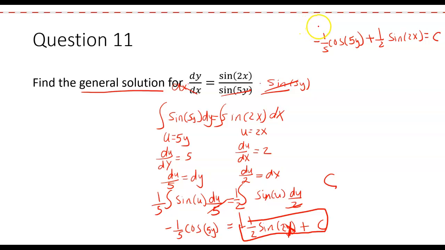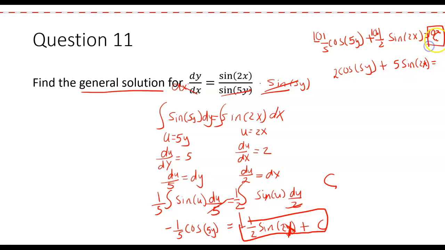The trick on this one is to multiply everything to get rid of the fractions. So what can we multiply by to get rid of both 5 and 2? I think 10 would be a good thing to multiply by. So if I multiply by 10 here and here and over here, we're going to get 10/5, which is 2 cosine of 5y plus 5 sine of 2x equals